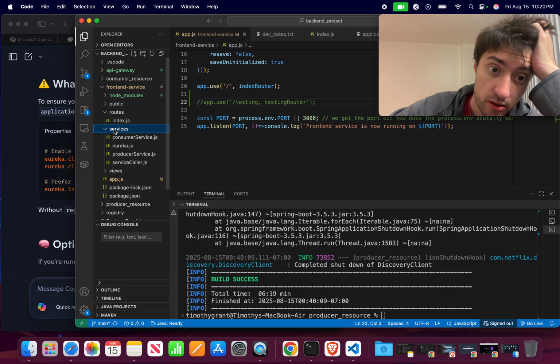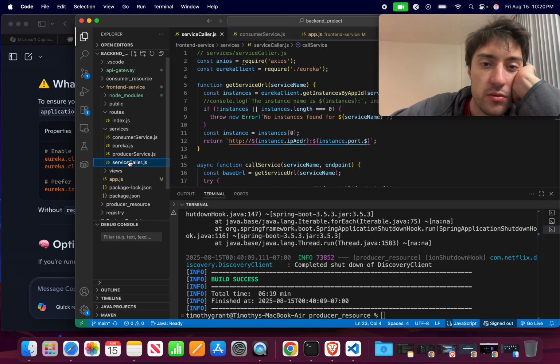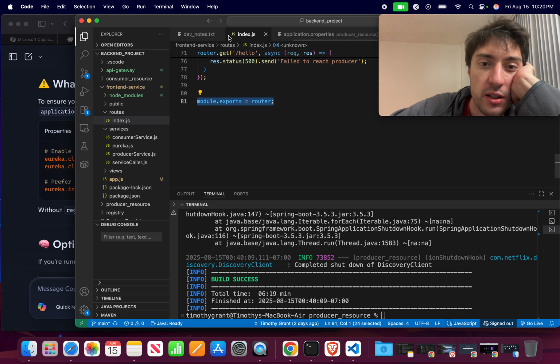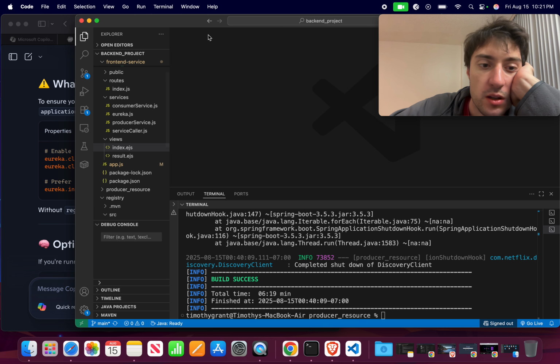Let's go to where the Eureka server might be here. Okay. There's a lot of files. Which one do we want to do? Okay, so these are the EJS files. That's fine. I'm actually going to close all of this so that we have a better idea of what we're working with. Okay. So now, close that, and we need to look in here to figure out what